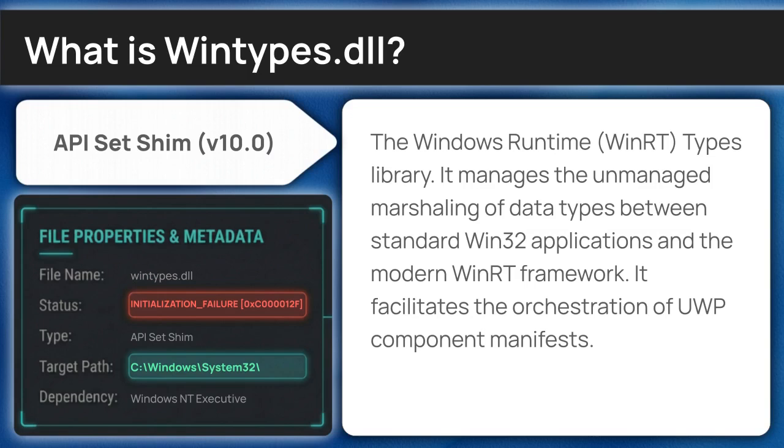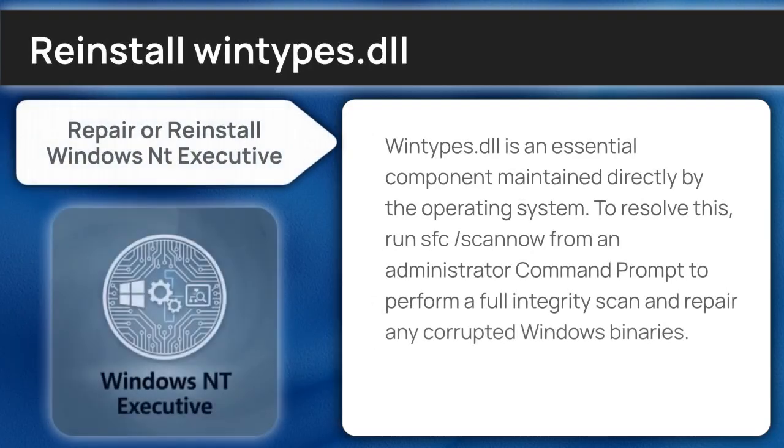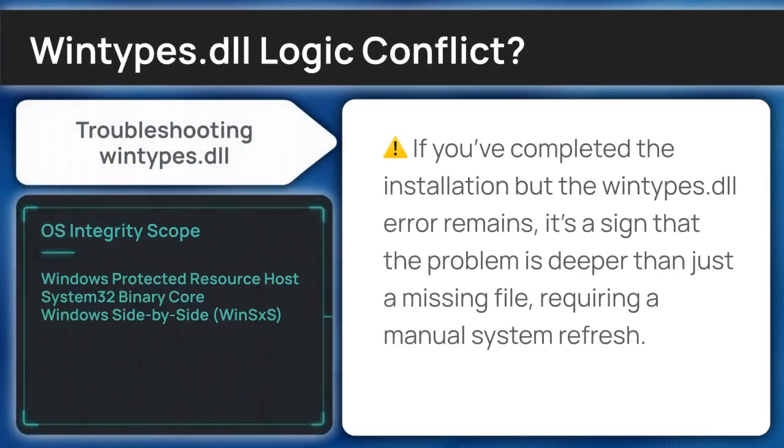Now let's apply the fix by reinstalling the shared system library. Wintypes is an essential component maintained directly by the operating system. To resolve this, run sfc /scannow from an administrator command prompt to perform a full integrity scan and repair any corrupted Windows binaries. If you're still finding yourself stuck after the reinstall, our next priority is to check for any